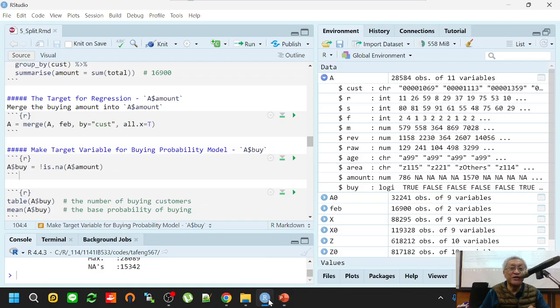We need to do a split on this A data frame, okay? And split it into training and testing, okay? We need to do that for two different models, okay? The first model is the probability model, right? The buying probability model, okay? The second is the buying amount model, okay? So let's do the